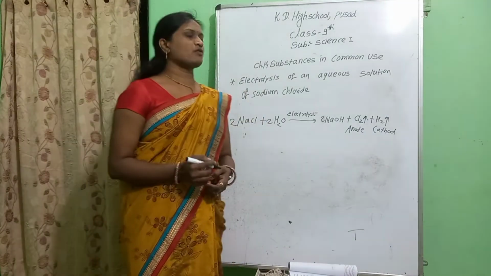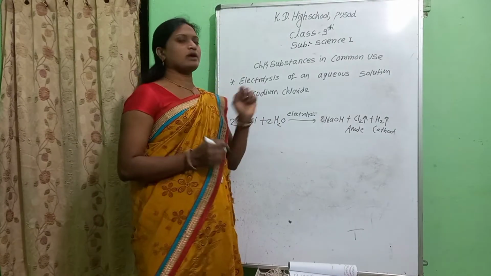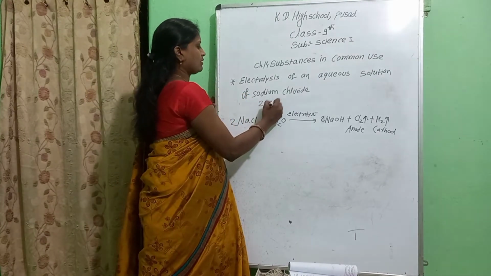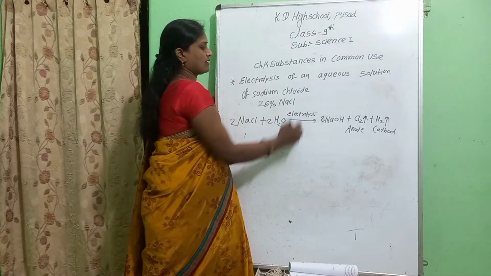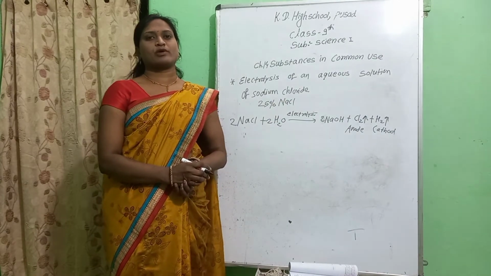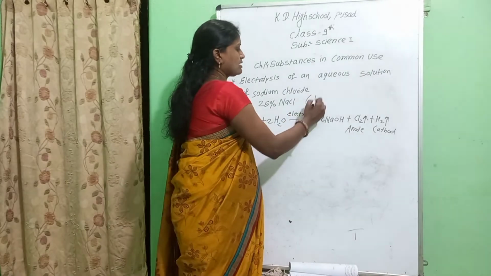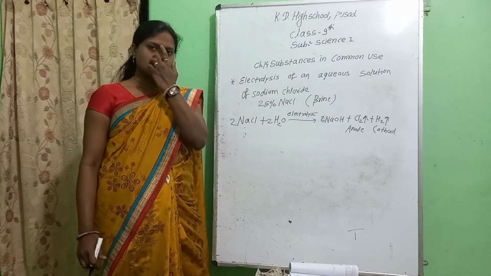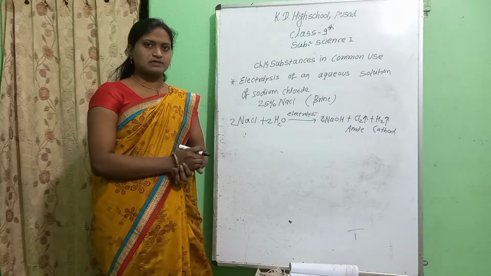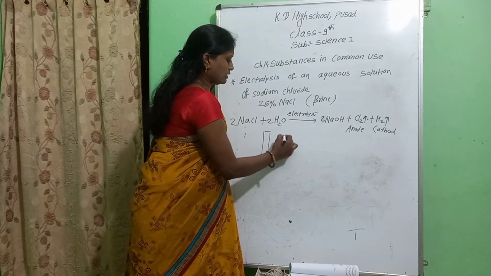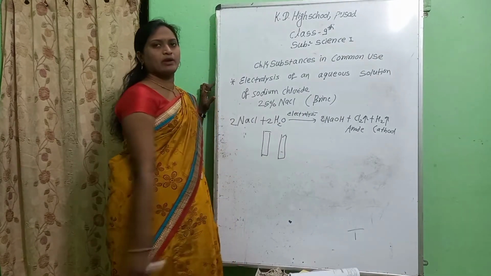Now, electrolysis of an aqueous solution of sodium chloride: you have to use 25% salt, that is NaCl, and the remaining water. Such an aqueous solution is called brine, that is salty water. When we electrolyze this brine, that is, when electric current is supplied through it, then at the two dipped electrodes, the cathode and the anode,